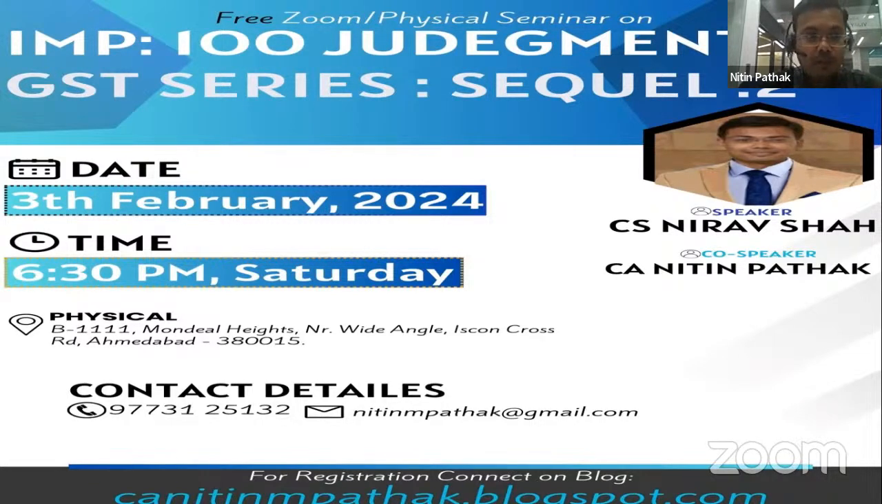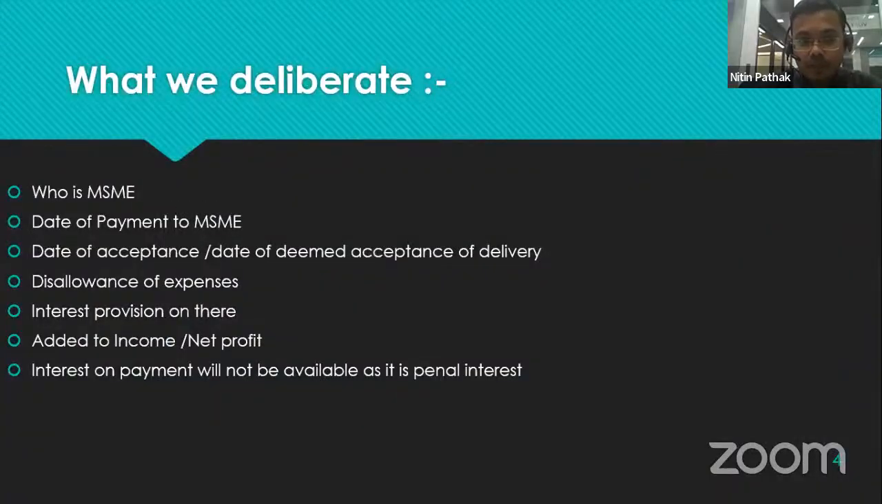In today's session, what we deliberate here: who is the MSME, date of payment to the MSME, date of acceptance, date of deemed acceptance of the delivery, disallowance of the expenses, interest provision being added to income or net profit, interest on payment will not be available, and penal interest provisions. In short,